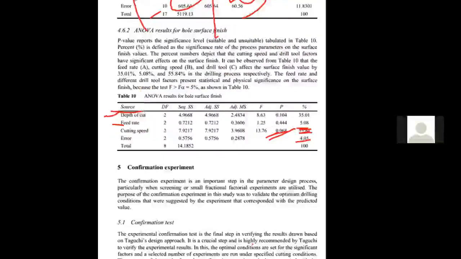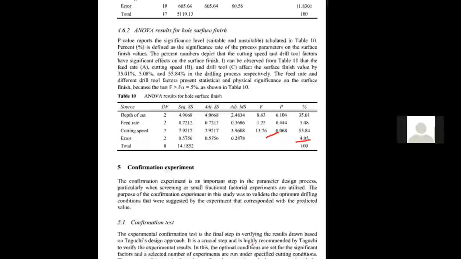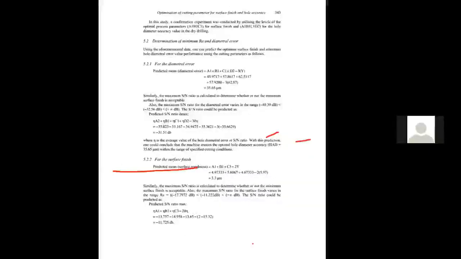Now we have got the levels: cutting speed at level number 1, feed at level number 1, and type of tool at level number 3. Now we will have the confirmation test also. As we have discussed, the last step is performing the confirmation experiment. I will take initially one job, two jobs, whatever jobs. I will do the experimentation based on the Taguchi array, experiments 1, 2, 3, 4, 5, 6 up to 9. I will write down the values. I will come to the conclusion.